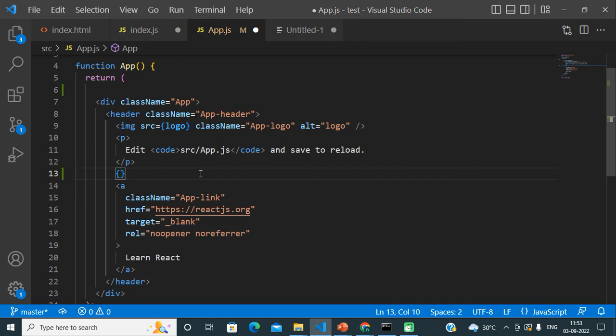Okay friends, so this is actually the concept of JSX. In React.js, whatever components we create, we only use JSX. Okay, so from our upcoming video, we are going to understand the concept of components in good detail. So that is why I have created this video on JSX before that, because everything we are going to do from the next video will be just JSX and JSX only. Okay friends, so yeah, this is all about JSX.